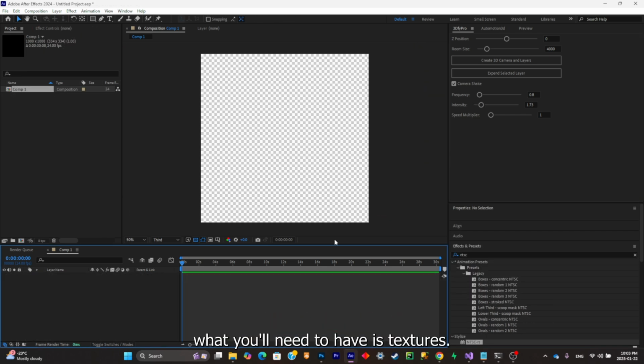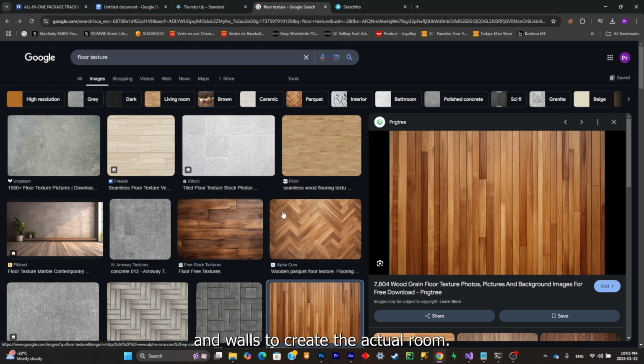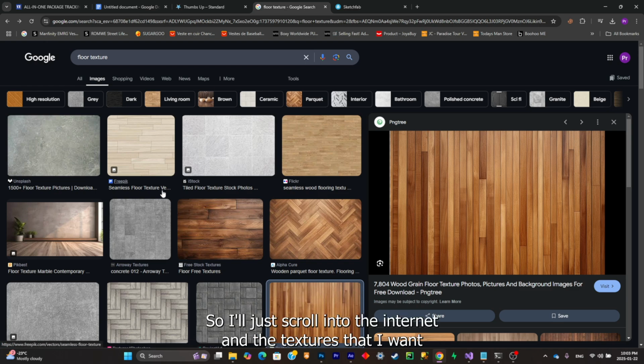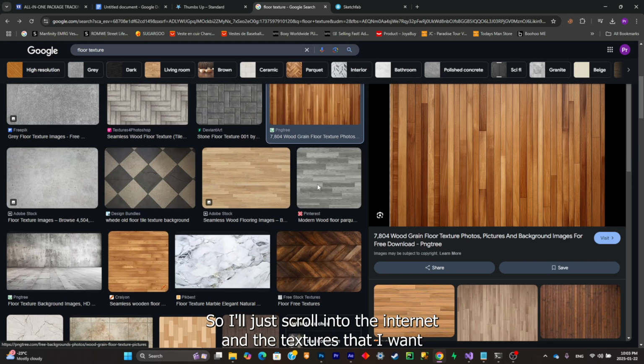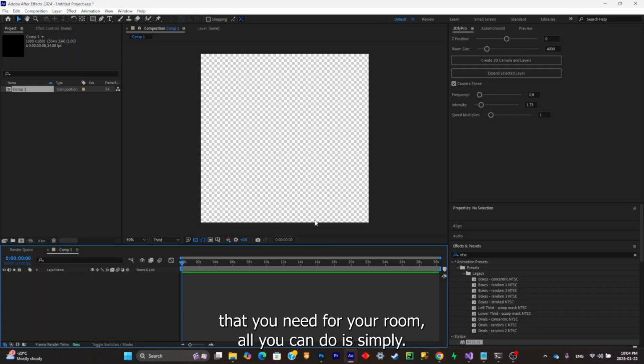So first of all, what you'll need to have is textures. You'll need to have textures of floors and walls to create the actual room. So I'll just scroll into the internet and take the textures that I want. Once you've gathered all of the textures that you need for your room, all you can do is simply set